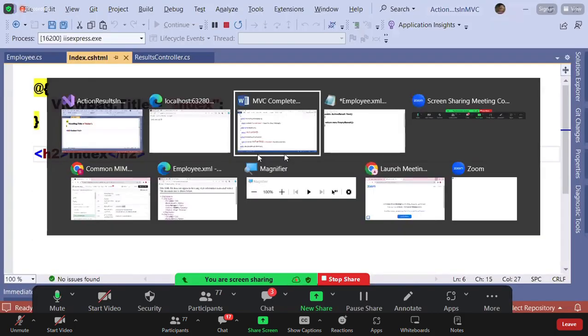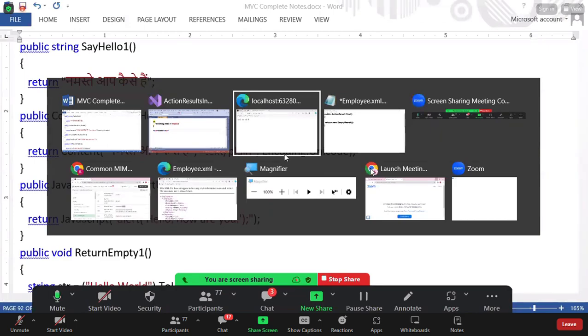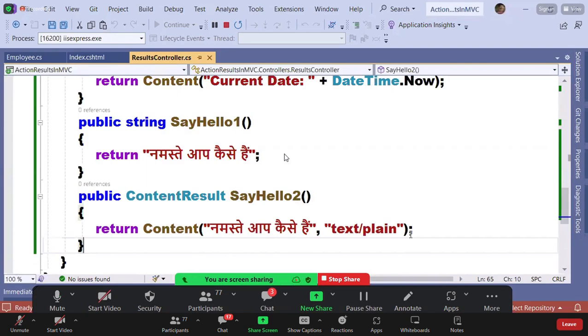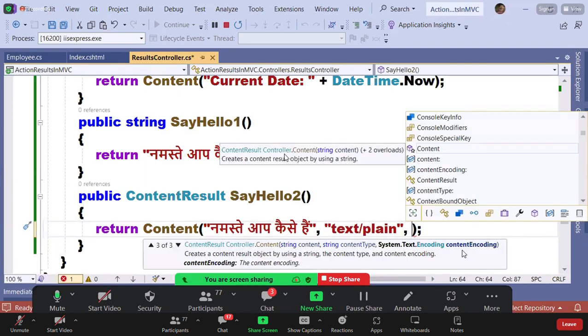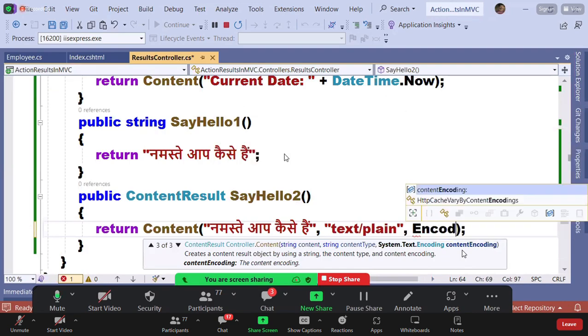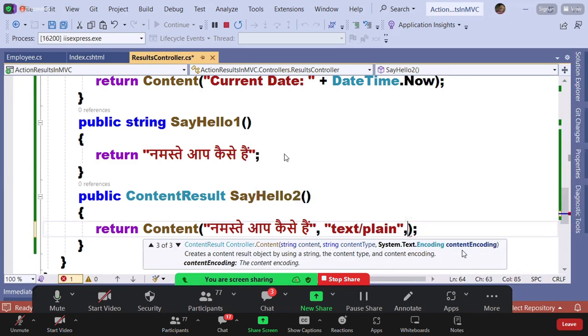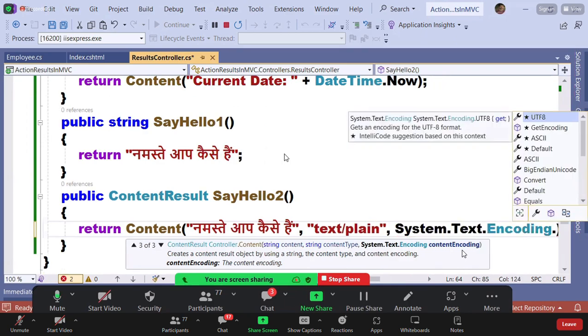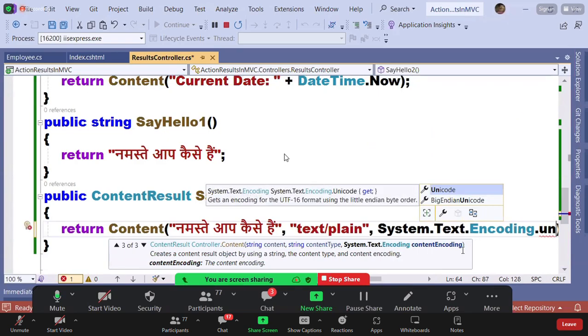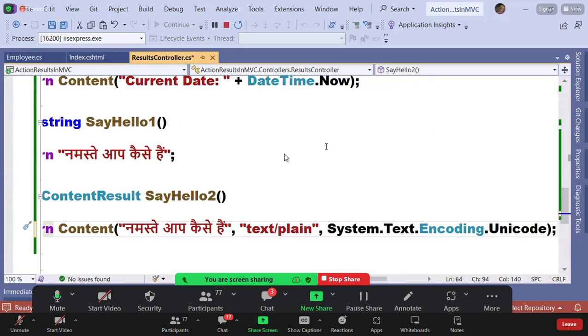But there is a third parameter for this. The third parameter is the encoding format. You say System.Text.Encoding.Unicode. If I use this third parameter now,